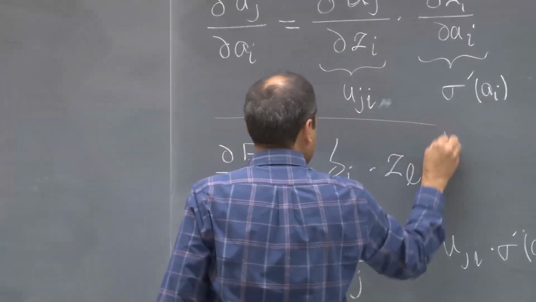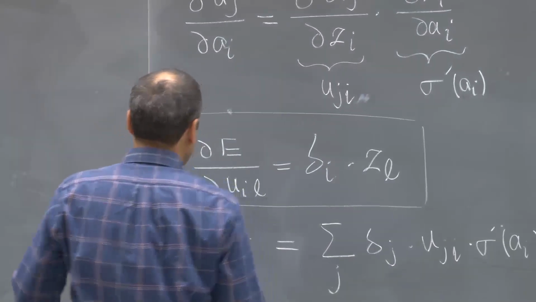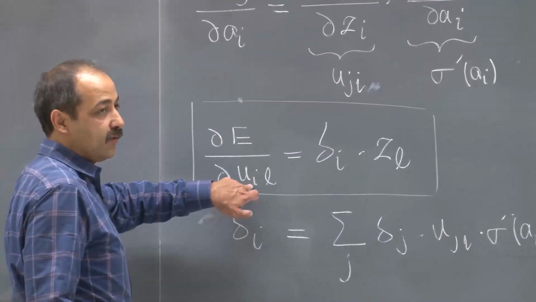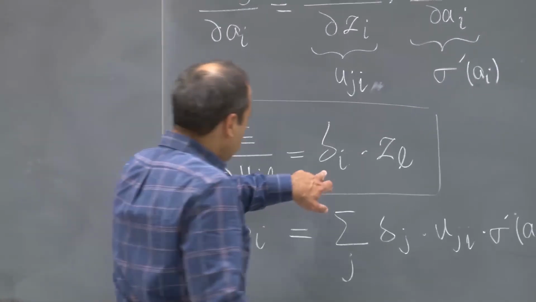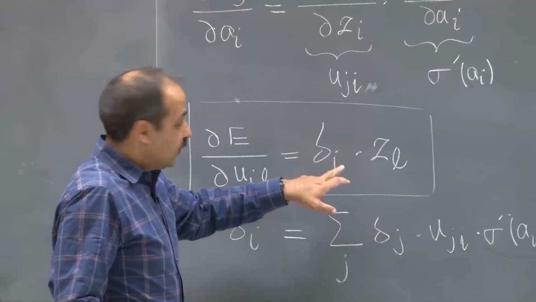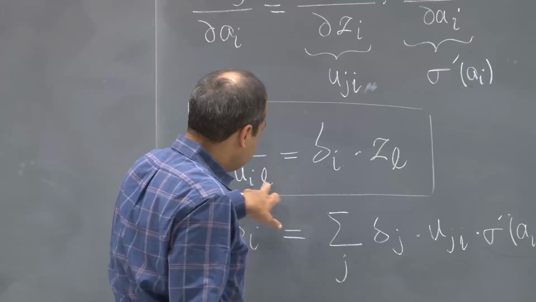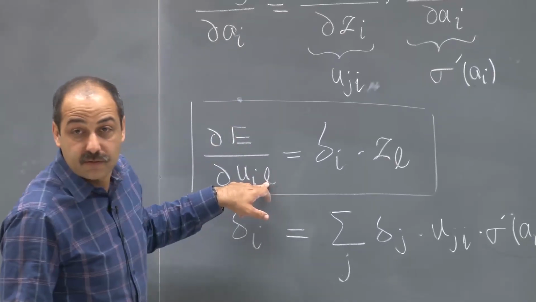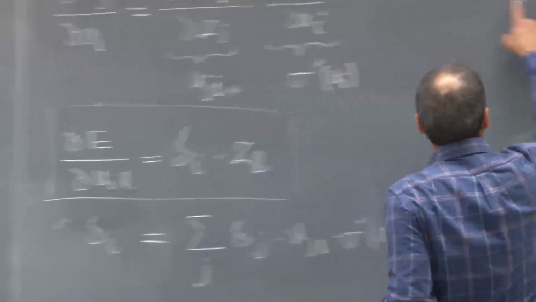So we want to take this derivative with respect to weight, I mean one of the weights, UIL. So you need this quantity, which we don't know what this quantity is. We need this quantity, delta I times ZL. ZL we know, right? Okay. But delta I itself